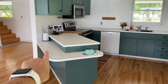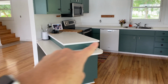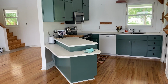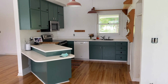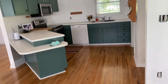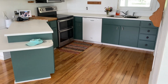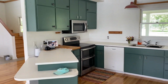I definitely think that we want to get rid of the second layer of the shelf and just extend out this first so that I can have more room to, oh, we need to paint back there too, but more room to make and cook things, especially like bread, since I've been getting into sourdough. So far, so good. I also don't know where I want my rug at, because I could put it there, I could put it by the sink, I could put it over on this side, I could just put it in the middle. So I'm not sure about the rug, but for now, I'm thinking I might move it by the sink, but